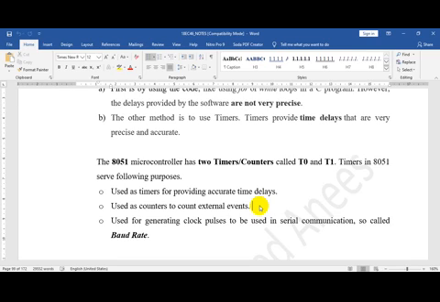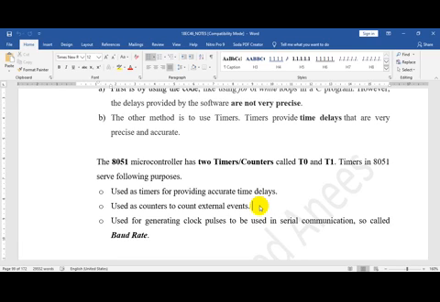You will build a logic that whenever a product passes you generate a high pulse, and you connect that high pulse to this external timer pin. Whenever you get a high pulse, the microcontroller detects it and you can increment the counter.